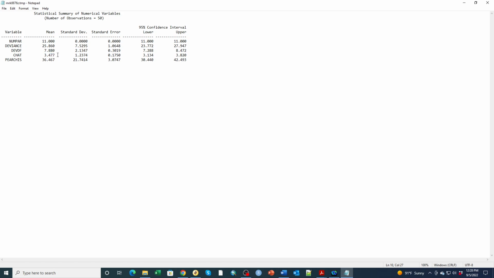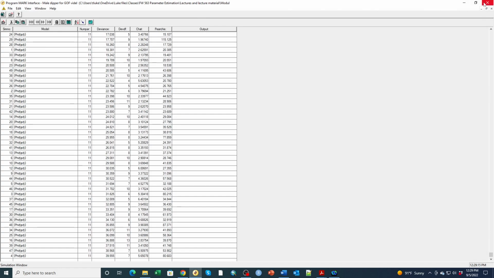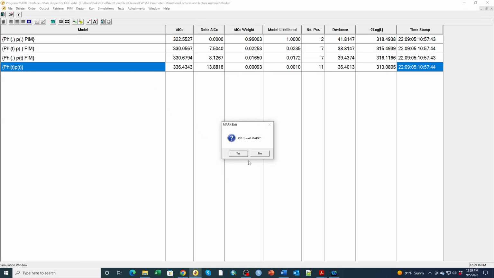How about if we look at the actual c-hat from our data, which was 5.2, and we divide that by 3.477. That gives us 1.49, so a little bit bigger. And as they say, probably best to err on the side of caution, go with a bigger c-hat value. So let's go now to